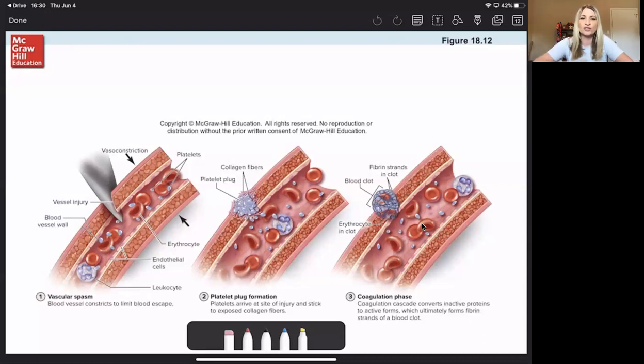They are also going to, these chemicals that are released by these platelets are also going to cause attraction of other platelets. So they're releasing these chemicals and telling these other platelets,